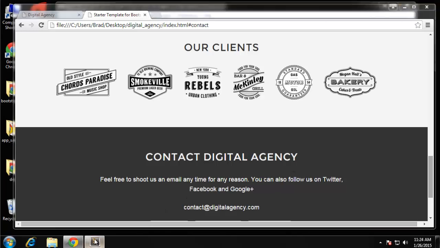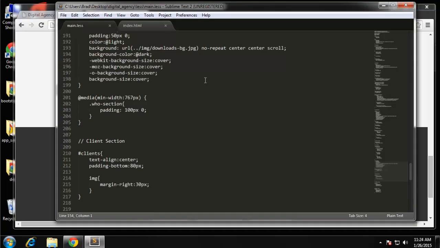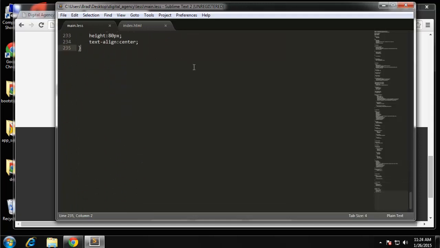So let's open up our CSS file, or our less file rather, and we're going to go to the bottom, and we want to use our page scroll class. Now we want to set our transition property. So let's add WebKit transition property, and for that we're going to say WebKit transform